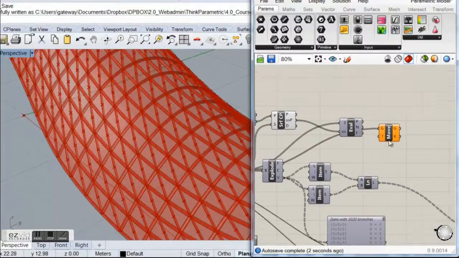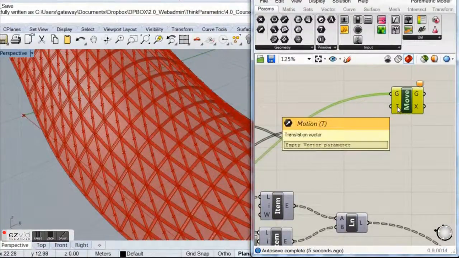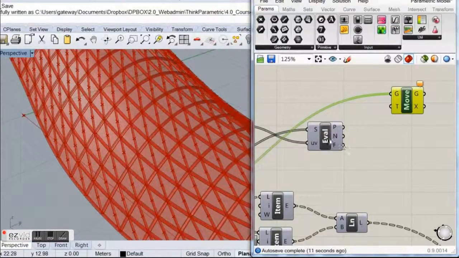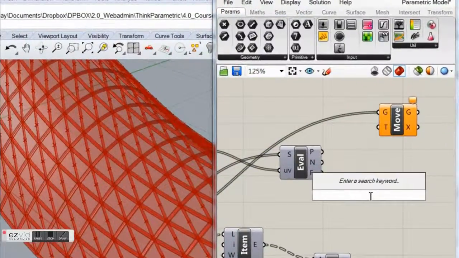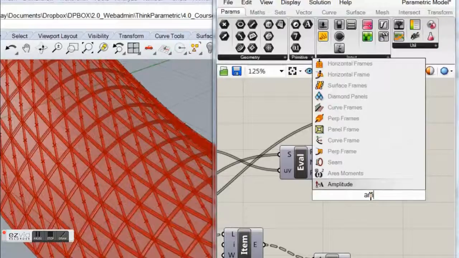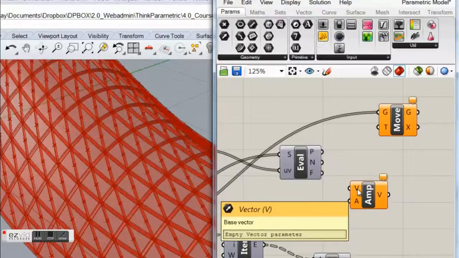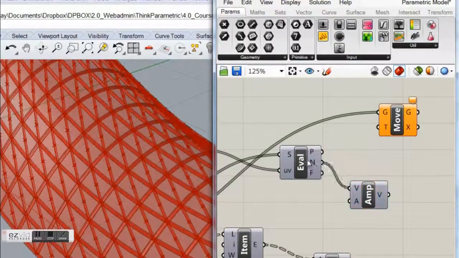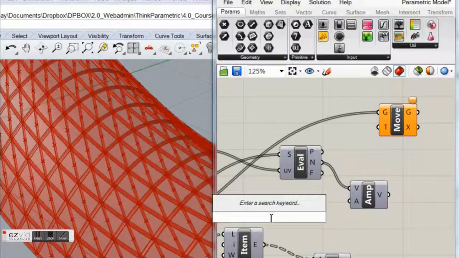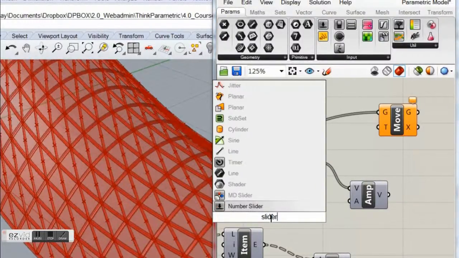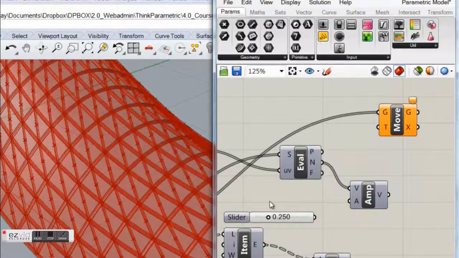and the base geometries we're going to displace are again our subsurfaces we have over here. And now this T input is asking me for a translation vector, so I'm going to use this collection of vectors that I have here, but I'm going to call an amplitude component so I can specify the distance that I want to set for those vectors. So for this component, my base vector is going to be the ones that I have over here,